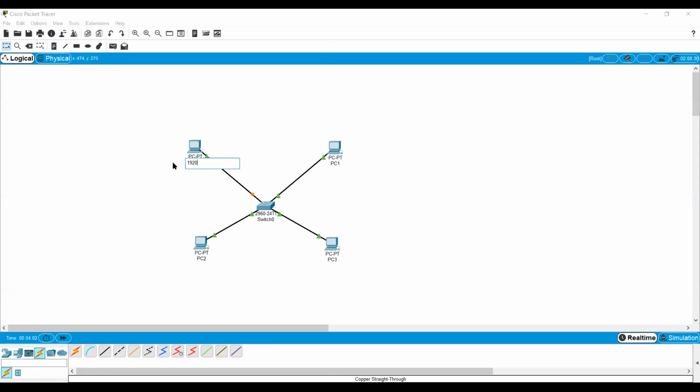Just we are giving the address 192.168.10.1. Okay, બીજું છે આપણું 10.2. Okay, third one is 10.3, and the fourth one is 10.4. Okay, same type of configuration you have to do for all the PCs. So just click on the PC, go to the config, go to the IP configuration, and assign the IP addresses. Okay, so I am assigning for the first one, it is 10.1.